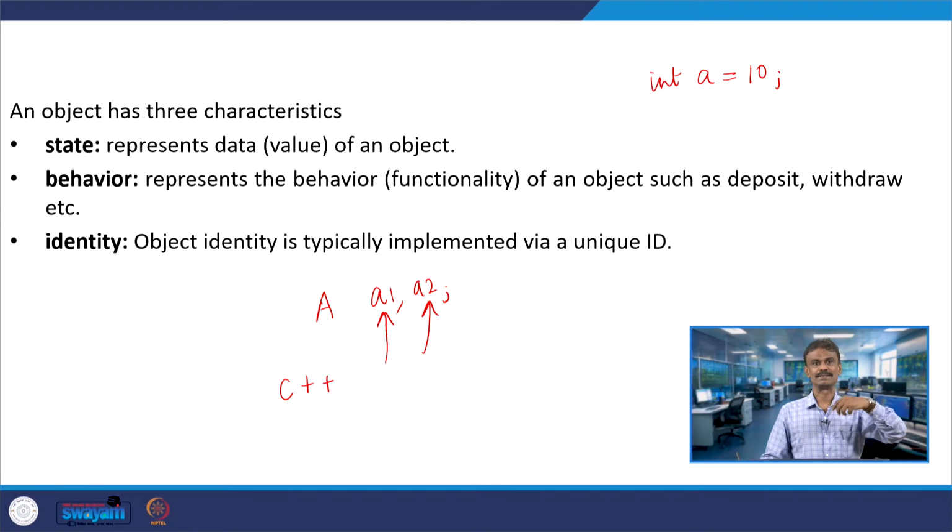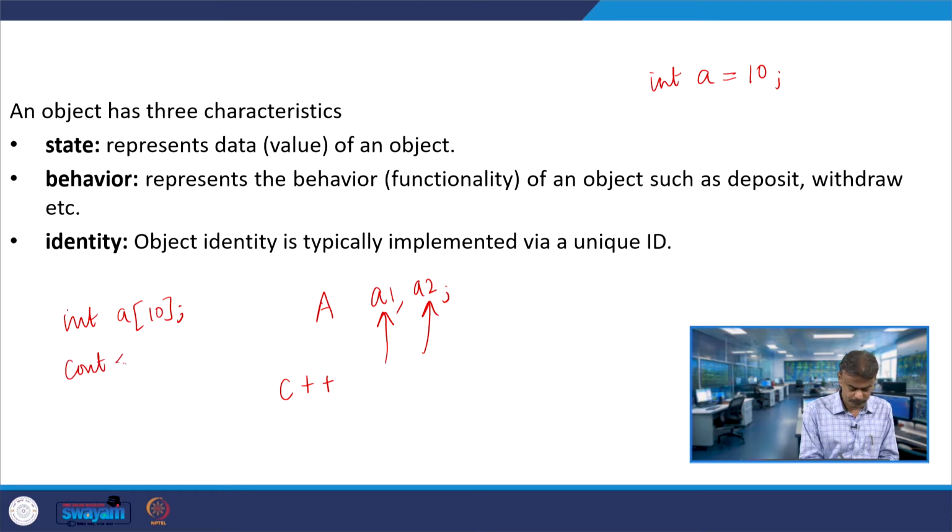When I want to access, let us say you cout A1, you want to find out where exactly it is being stored. You might have done this in the case of arrays. Assume that you declare an array int A of 10 and you try to print cout A. Can you think what the answer will be? Yes, it will be the base address.